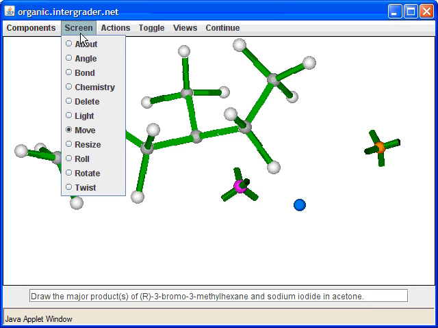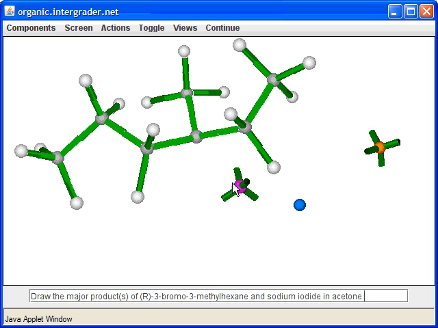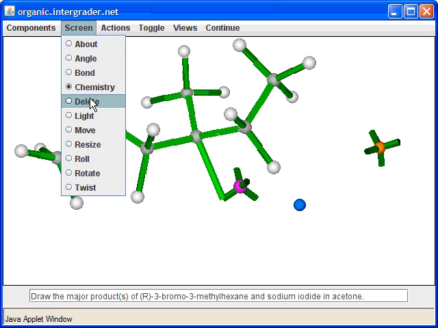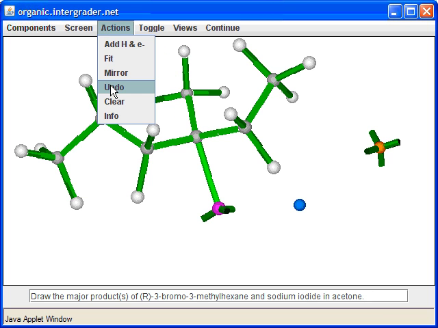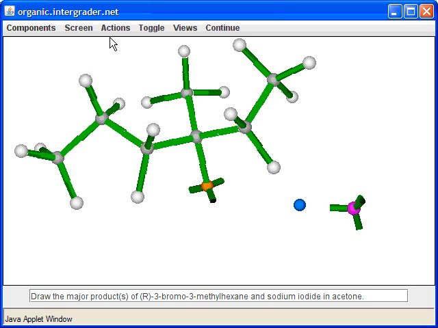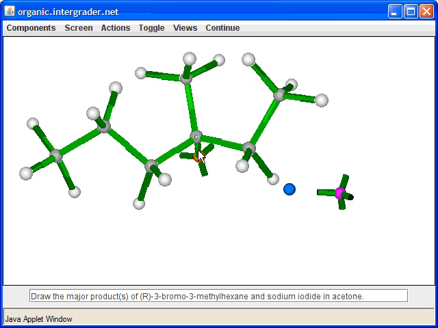Now, what kind of stereochemistry should we have in here? On this particular one, it doesn't really matter whether you show it coming from this side or attacking from the other side, because remember, the intermediate in this case was a chiral center. So I'm going to show it on this side, which would be retention of configuration, or on the other side it would be inversion of configuration. In fact, that's one thing I didn't do. Let me undo here and back up, because remember it said to start off with R, and we didn't really test whether this was R or S. So let's go ahead and do that.